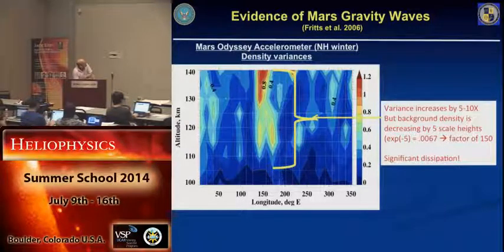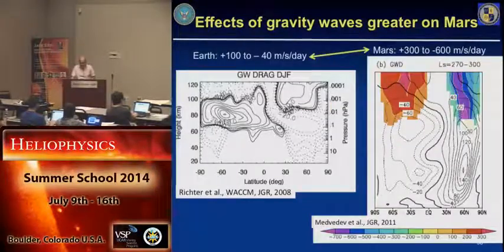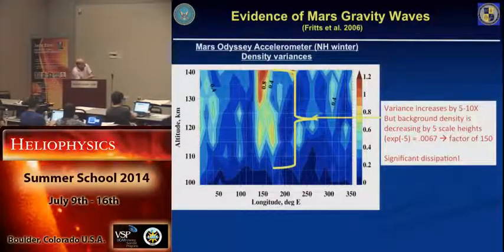But this is over about 5 scale heights. E to the minus 5 says it should have gone up by a factor of 150. So yeah, it went up, but it only went up by 1/30th of what it should. From that difference, Fritz et al. inferred significant dissipation,